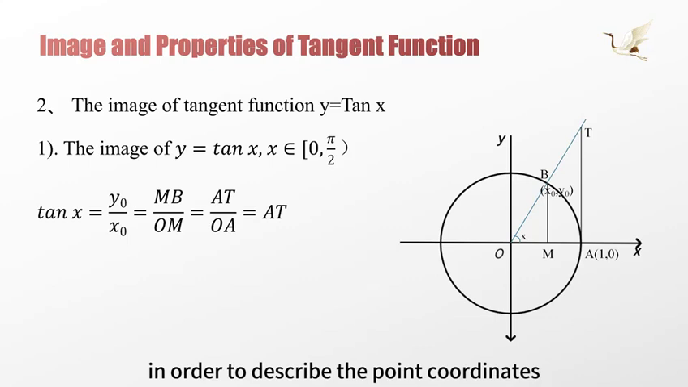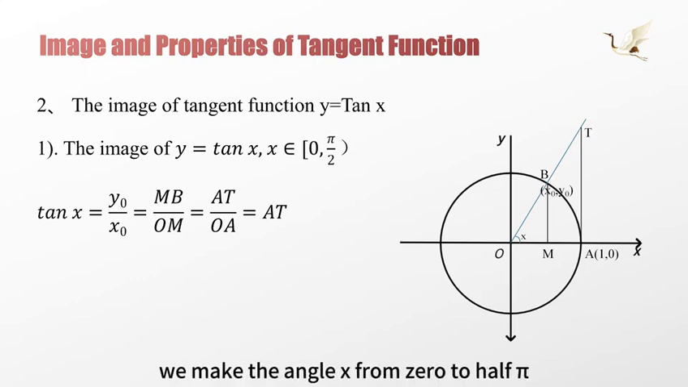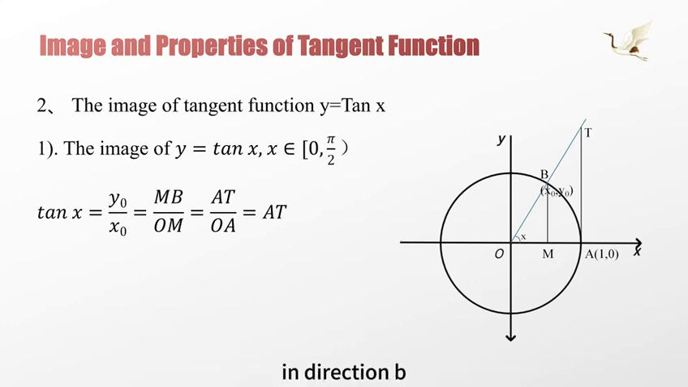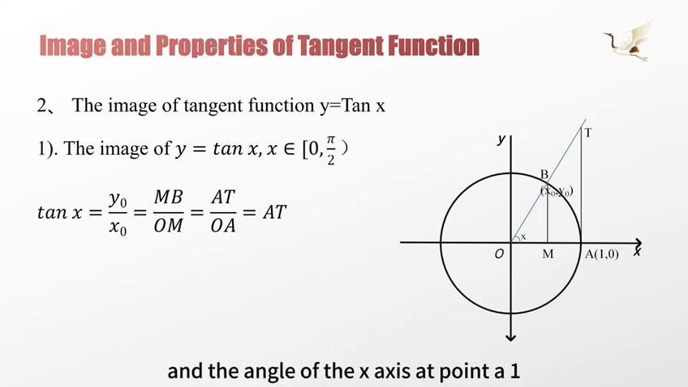In order to describe the point coordinates more accurately, we can use the unit circle to find the geometric meaning corresponding to the tangent value. We make the angle x from 0 to half pi in the rectangular coordinate system, where the intersection of the terminal edge and the unit circle is point B, and the coordinates are set to (x0, y0). We draw a vertical line from B to the x-axis with the vertical foot M. Then we draw the tangent line of the unit circle at point A (1, 0),